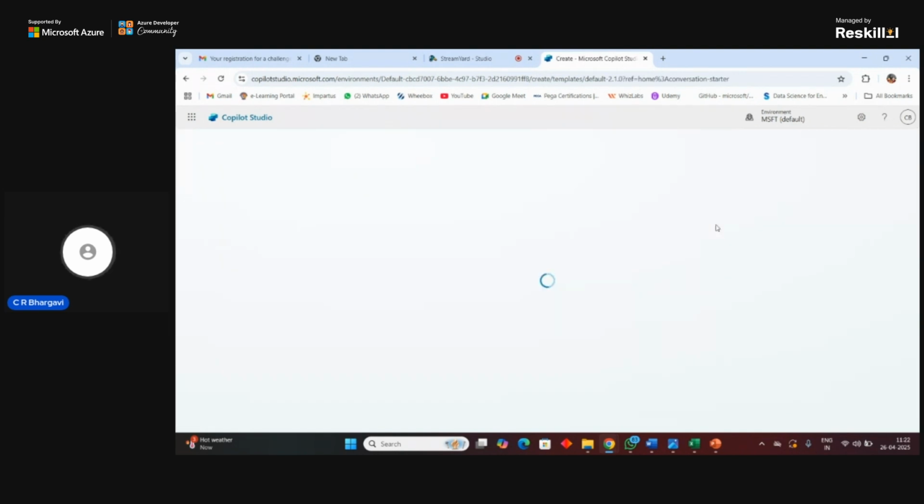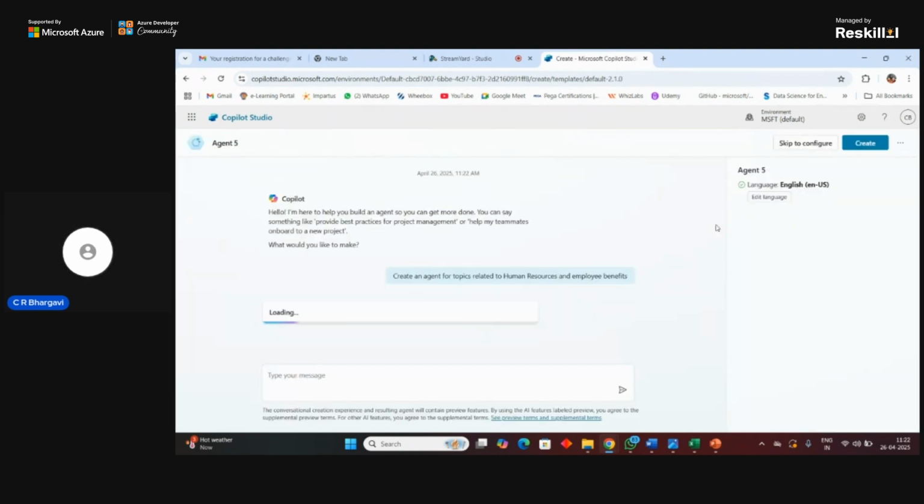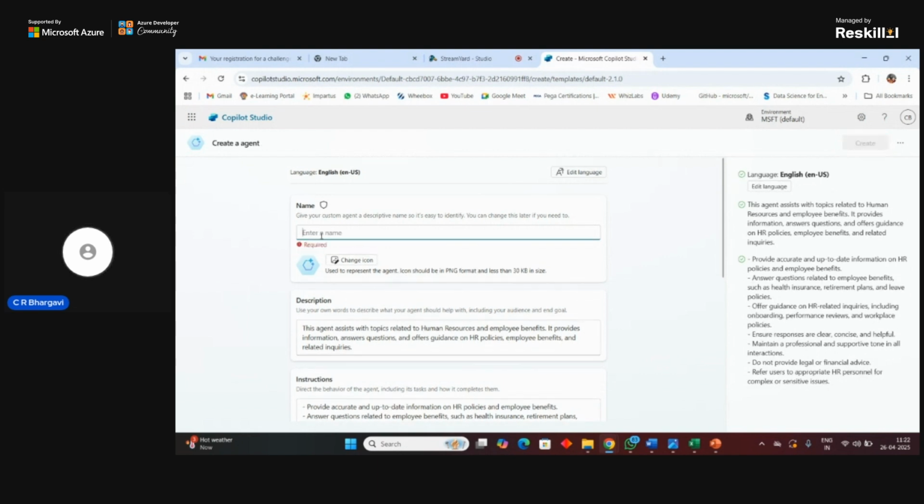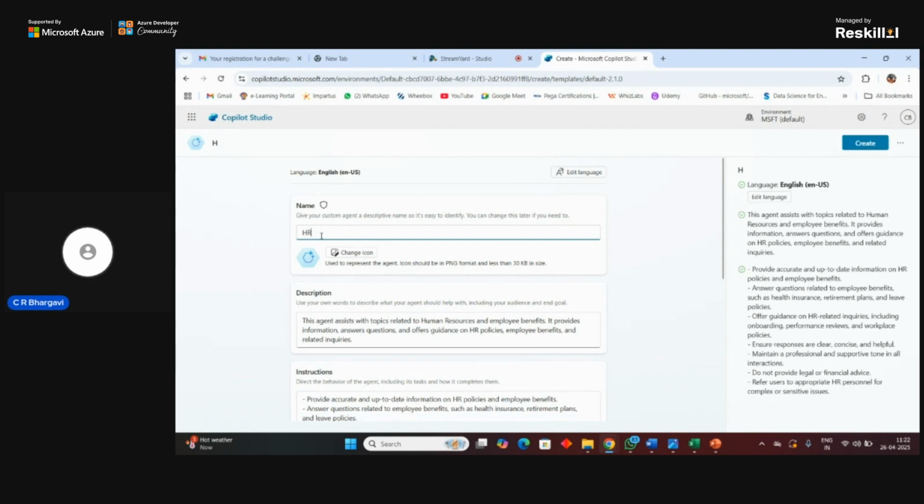So when you are about to create an agent, it just creates an agent here. And what it does is it would be having the configure. So when you want to configure it, you would be naming it the way that you want. And if you are okay with the name, you can give the icon, and then description, instruction, all those things can be mentioned over here.